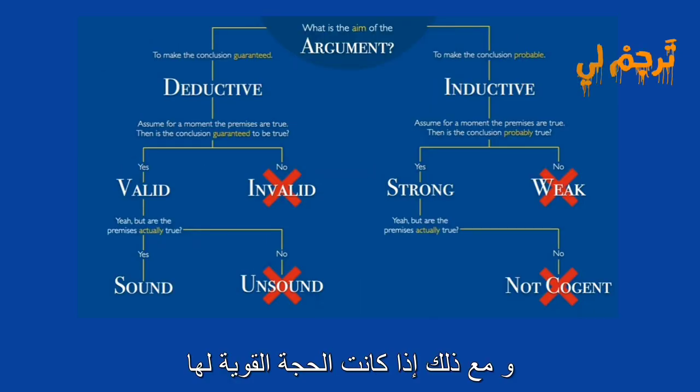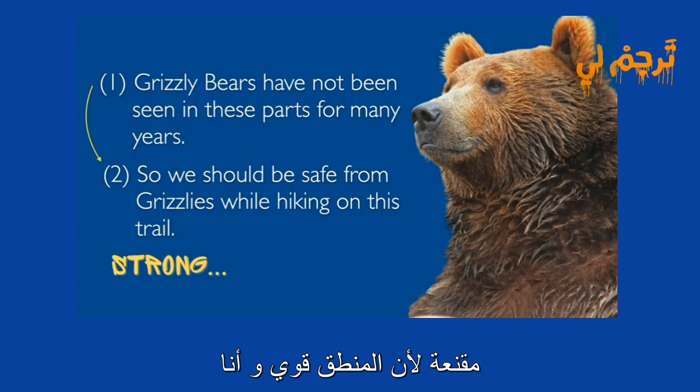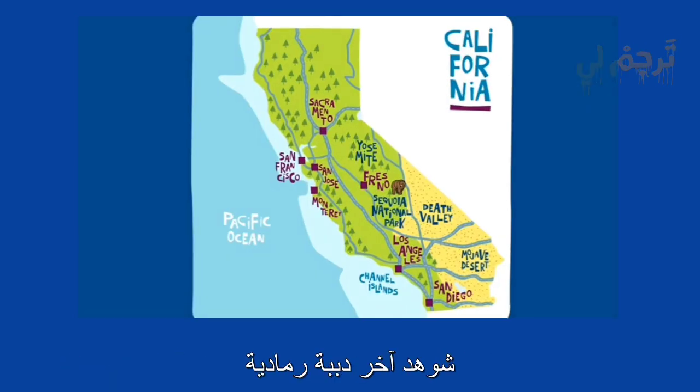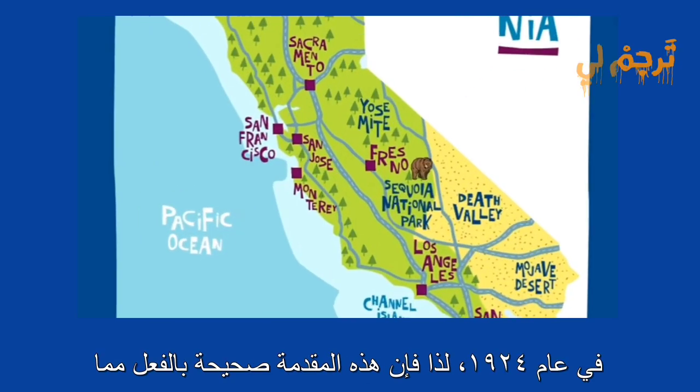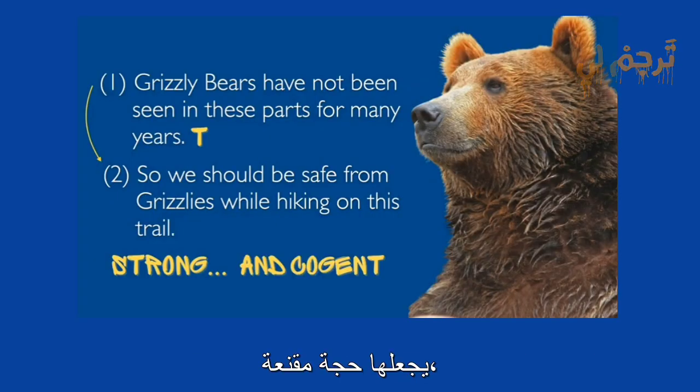However, if a strong argument does have true premises, then it's cogent. This bear argument we saw earlier is cogent, because the reasoning is strong, and I publish these videos from California, where I do lots of hiking and where the last grizzly was spotted way back in 1924. So this premise is actually true, making it a cogent argument. So there you have it,